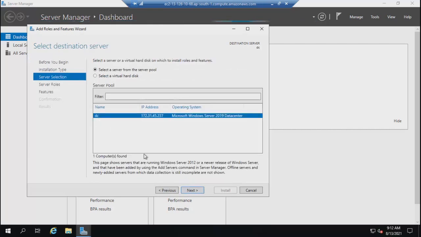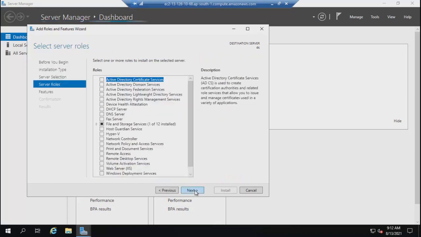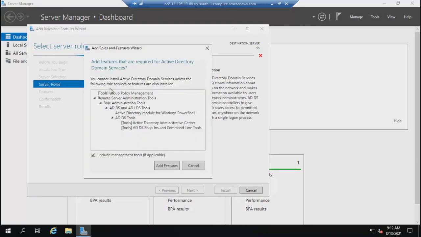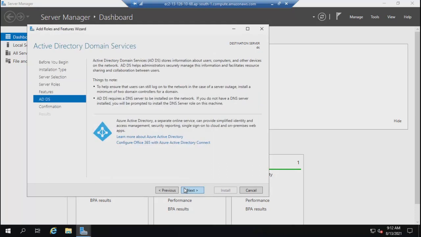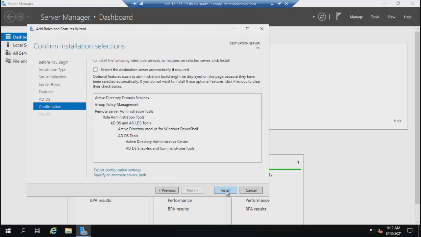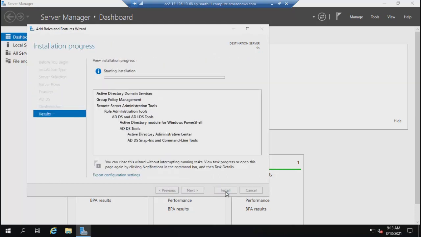Now this is DC. After this, you will get a list of roles, and from that list we select the second option, Active Directory Domain Services. ये second option आपको select करना है. Then add features, next, next, next, and install. ये दो phase में होता है. This is just phase one.